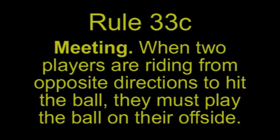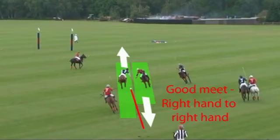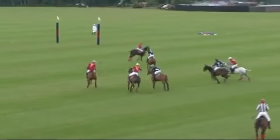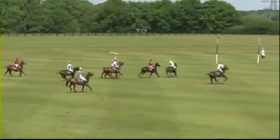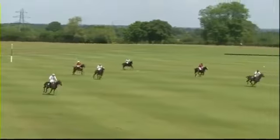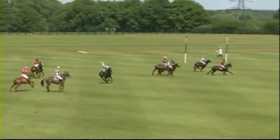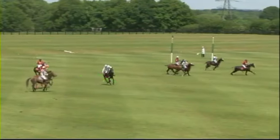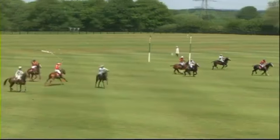Rule 33C. When two players are riding from opposite directions to hit the ball, they must play the ball on their offside, i.e. right hand to right hand. The only way the red player could claim the right of way is if he was meeting on the exact